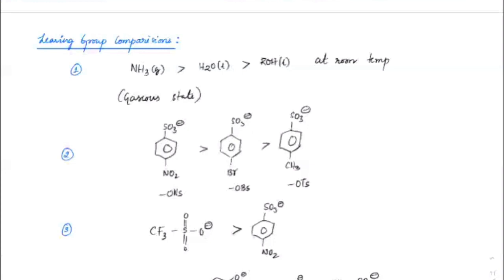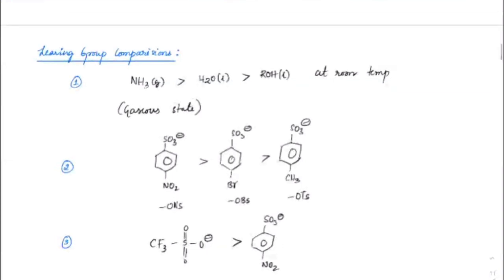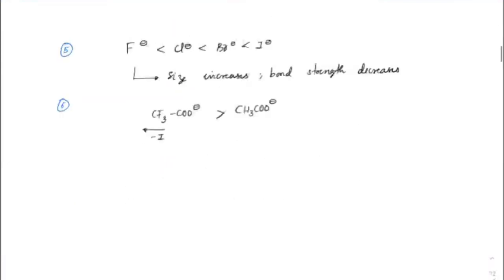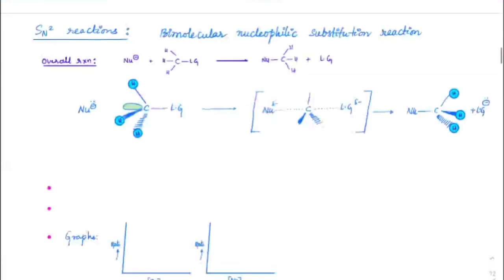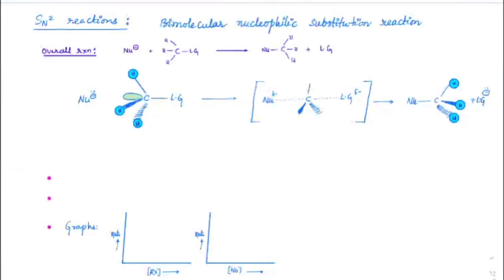So I think you should be ready with these three terms. We discussed three important terms, guys. One thing is about nucleophiles, second thing is about solvents, third thing is about leaving groups, and all these three are very essential to understand substitution reactions. Now we'll start off with discussing what SN2 reactions are. So first we'll discuss the SN2 reaction today.